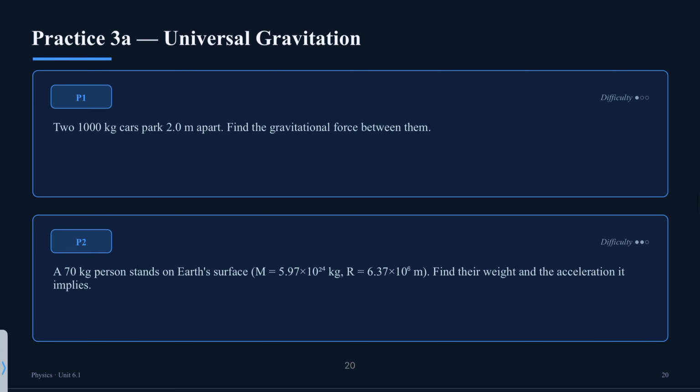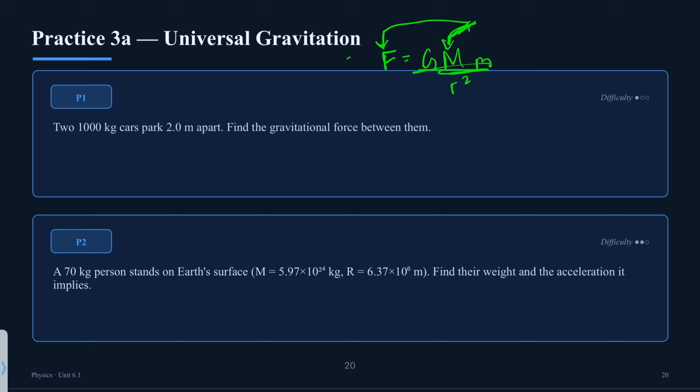So let's try a few problems. Two 1,000 kg cars parked 2 meters apart. Find the gravitational force between them. So these are obviously rarer circumstances, because you know how force is equal to big G, big M, little m over r squared? We rarely see this happen, right? Because gravity is the force of attraction. It isn't really just you fall down when you jump up. It's a force of attraction. The earth is attracting you and pulling you back. In the earth's scenario, that works because the earth has a large enough mass to actually render a large force,